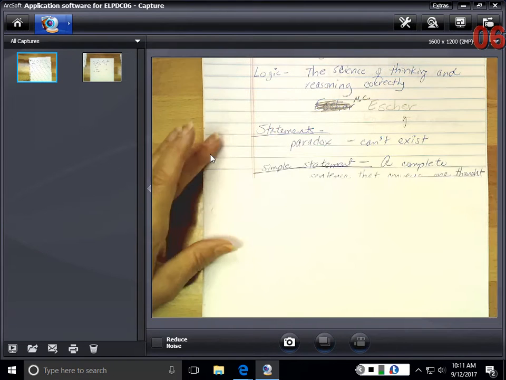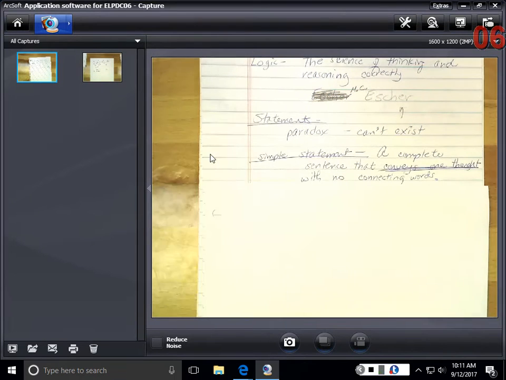Okay, there are some statements that are made that are a paradox, and they cannot exist at all. A paradox is something that cannot exist. It looks like it does, but it doesn't. Next, we have a simple statement. As always in these, we have a lot of different terms we have to get out of the way before